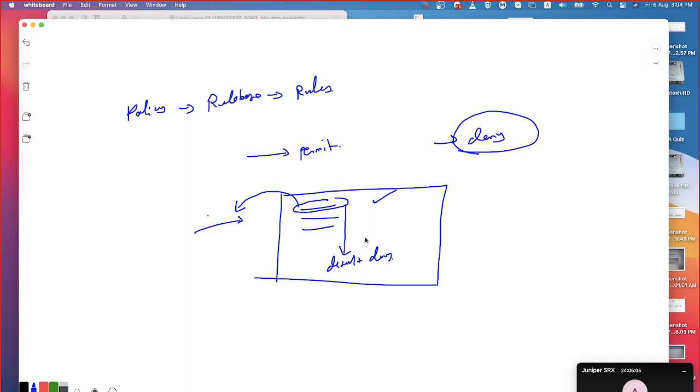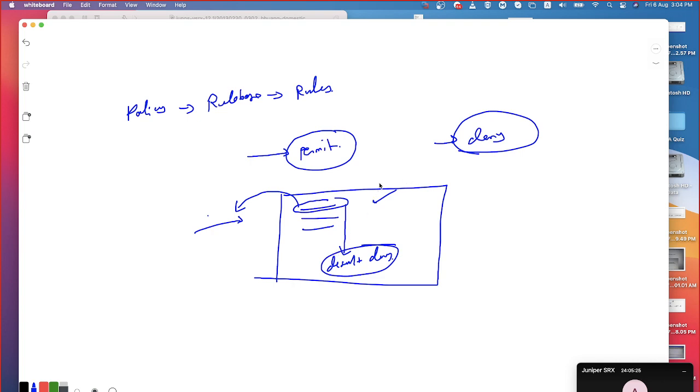Indirectly we are saying that no traffic is going to be permitted to pass through. You understand? So you can have the policies in the set of rules only with the action configured as permit, because if the rule is matched against the received packet, the traffic will be permitted. If it is not matched, then automatically the traffic will be denied.